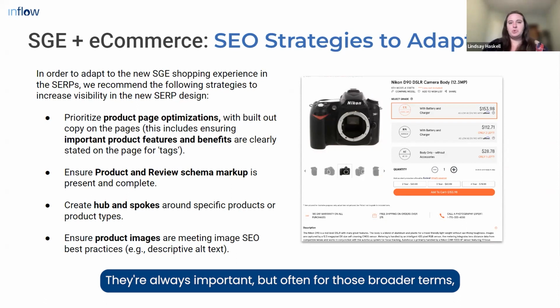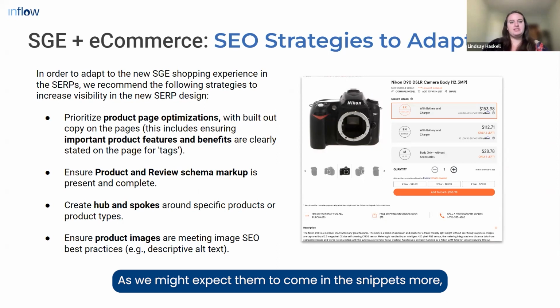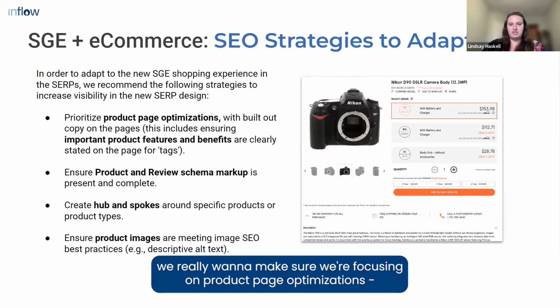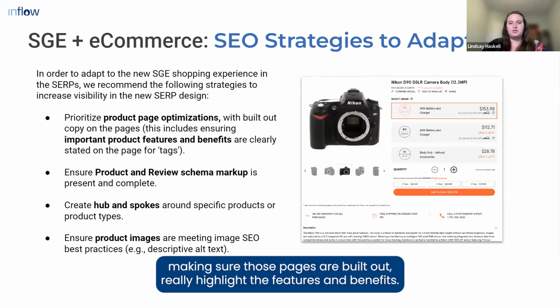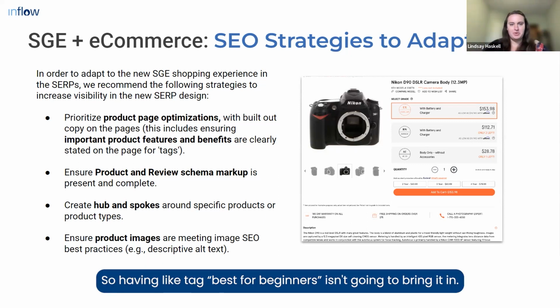They're always important, but often for those broader terms, category pages will still be important, but it wasn't typically coming in with these product pages as we might expect them to come in the snippets more. We really want to make sure we're focusing on product page optimizations, making sure those pages are built out, really highlight the features and benefits. They're not pulling in from what we can see those tags from a page. So having like tag best for beginners